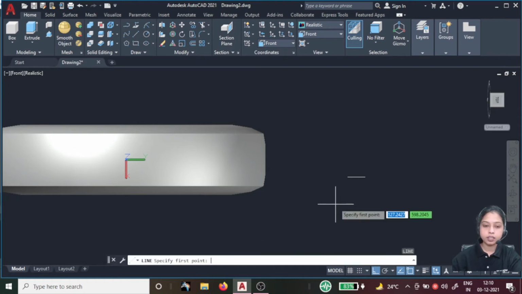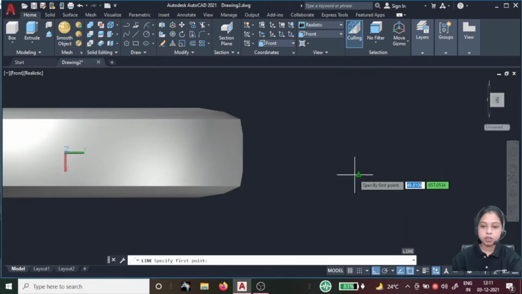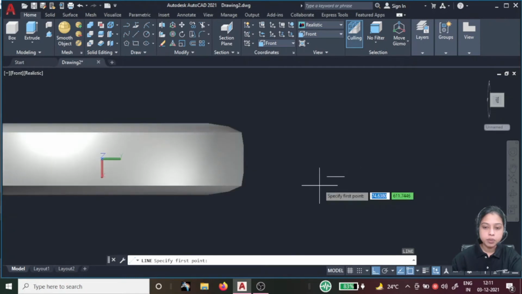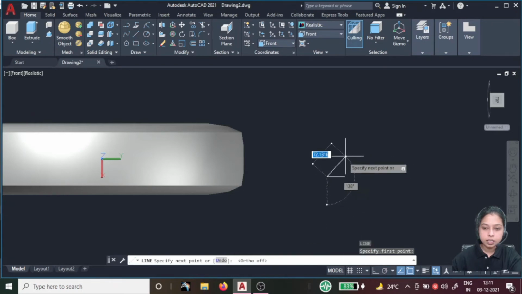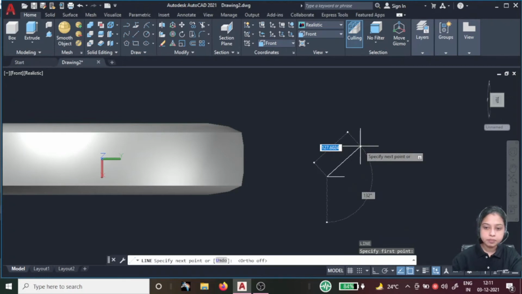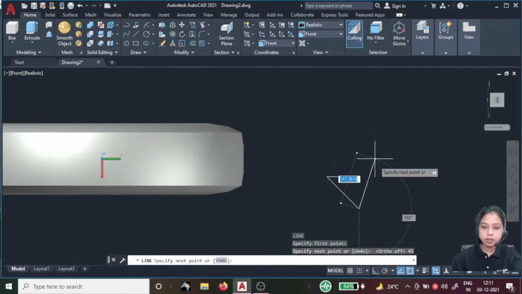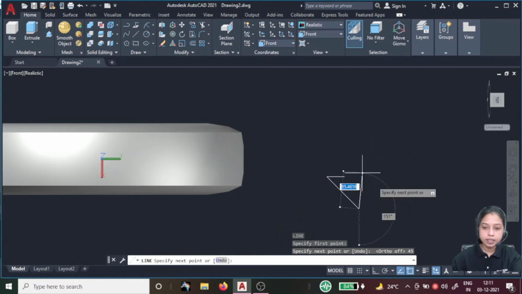Again press enter or space to call the previous command, then go for the next line and select the line over here, and we need to create a line like this. How much length do we need? Press tab and give 45, enter, and give the line 50.